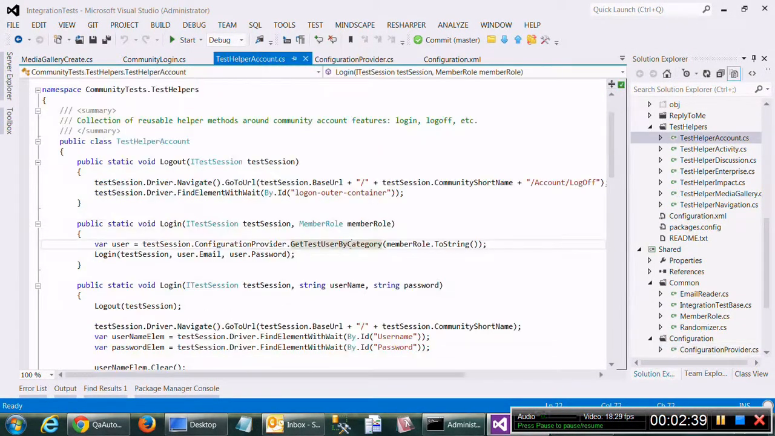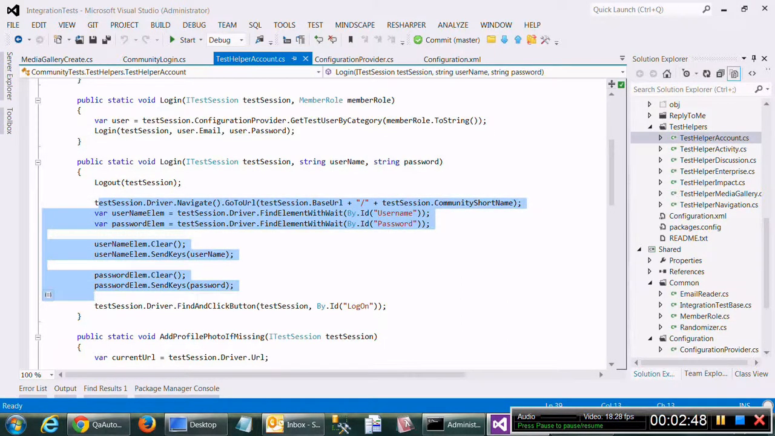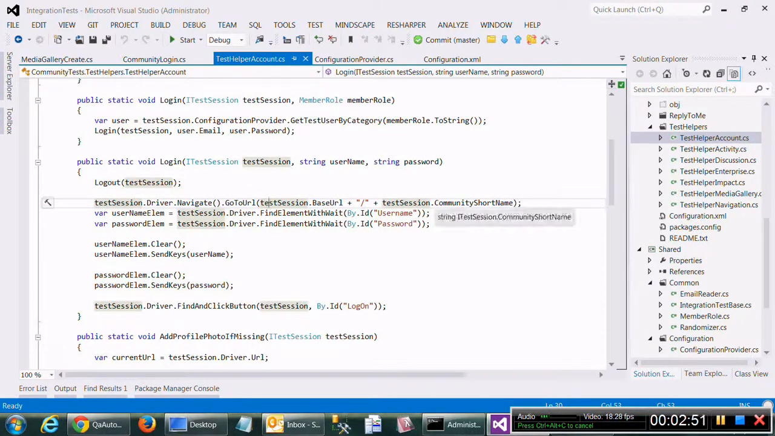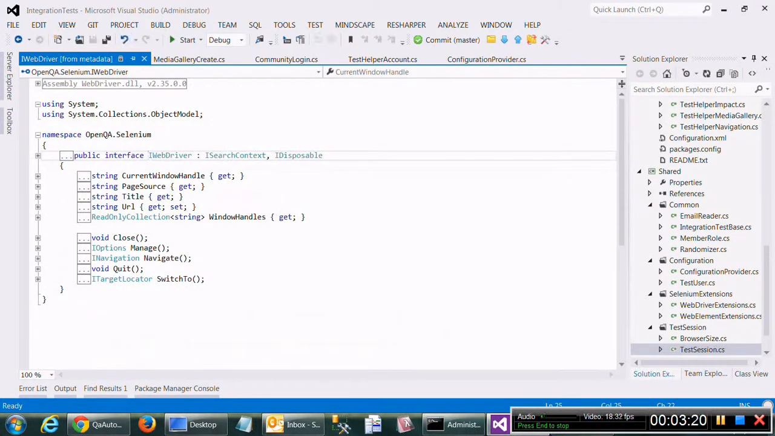Once you have your test user, the test does the very simple thing which you're already familiar with. It simply logs in. So it goes to the community login page, finds elements with username and password, sends text to them, and clicks on the login button. An interesting difference compared to direct Selenium calls from what you saw previously is that here we're using our own extension on top of the driver. So the driver's default out of the box implementation